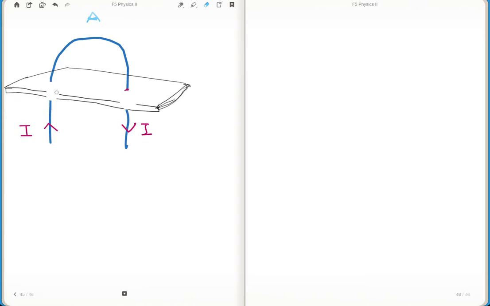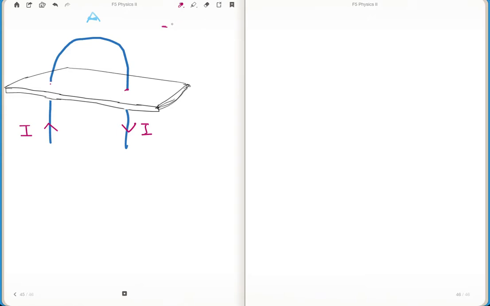You can't see that. Okay, so it's more realistic now. This is where we apply